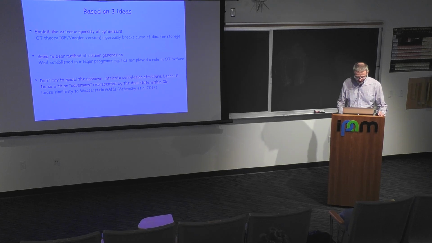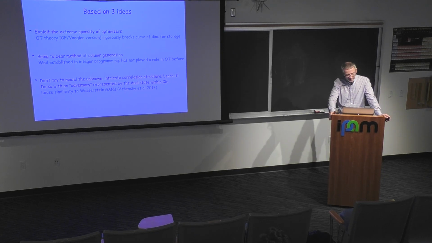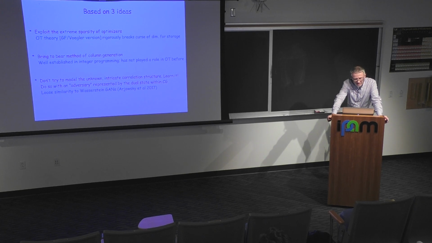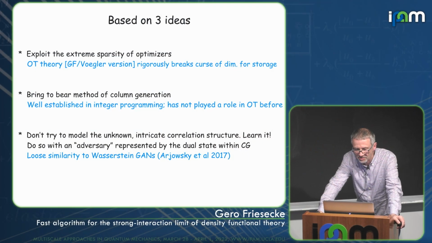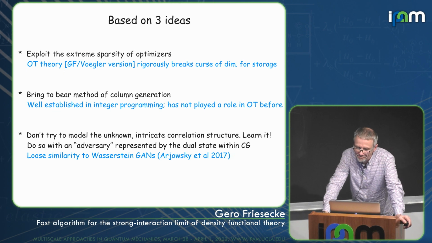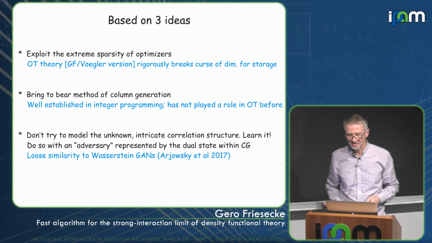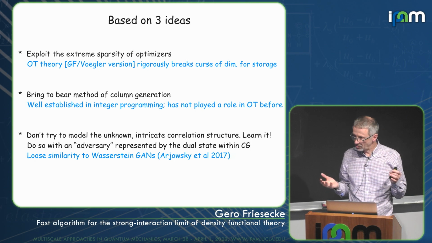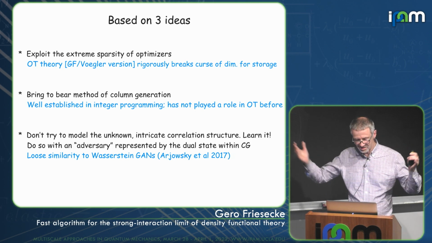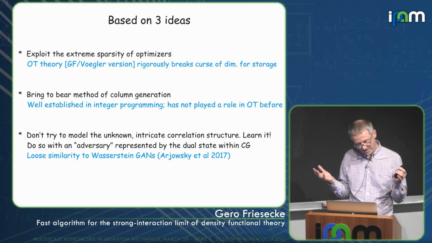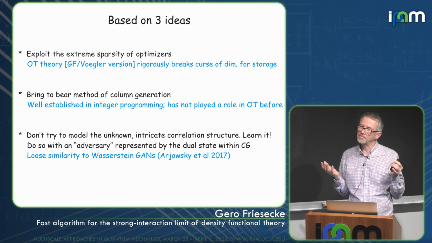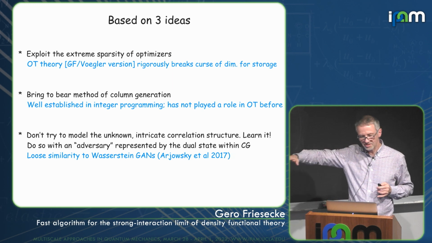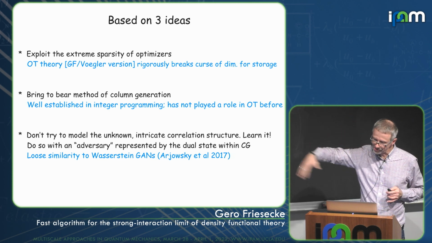So this is what we did. This new algorithm is based on 3 ideas. The first one is to exploit the extreme sparsity of optimizers. In particular, this discrete version for multi-marginal of the old sparsity results that we did, which is a minimally more general ansatz, but always works, it rigorously breaks the curse of dimension for storage. So it suggests a natural but highly nonlinear manifold on which to run simulations,